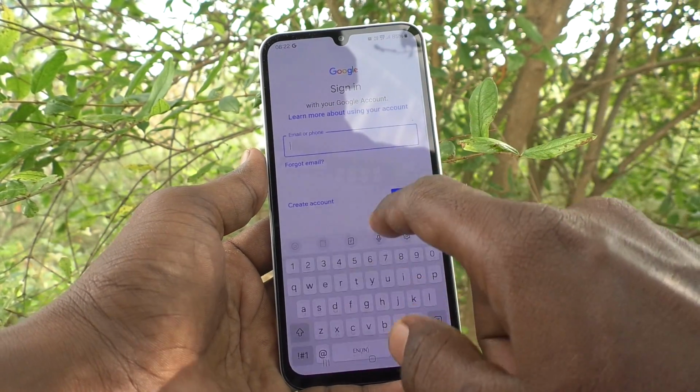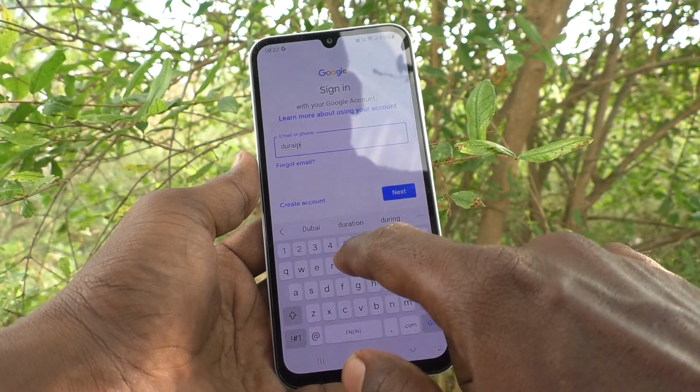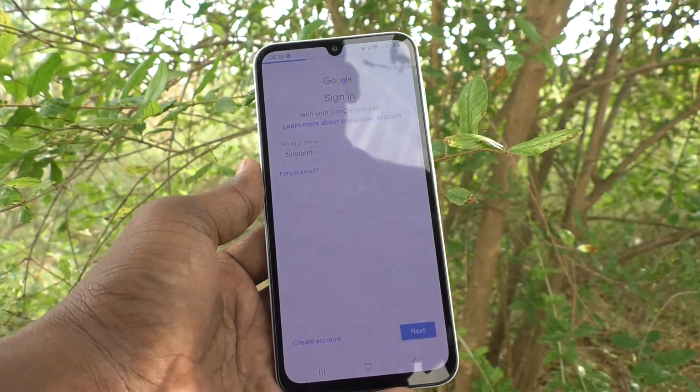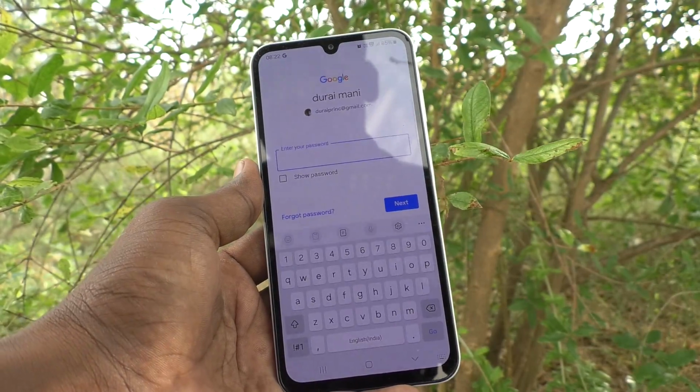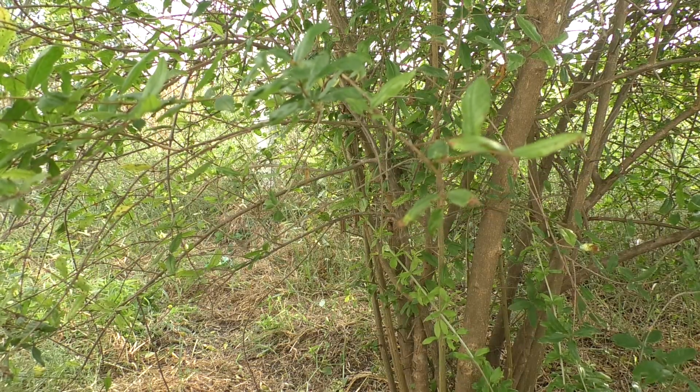And here you go to enter your Gmail account username. You got to give that is email ID. Okay, I have given email ID and click on next. In the next screen you got to enter your password. Okay, so here I enter my password